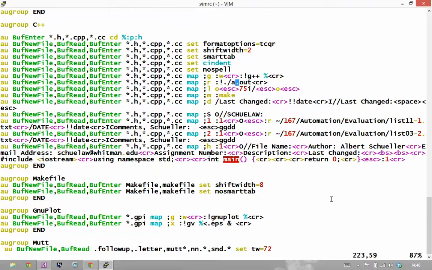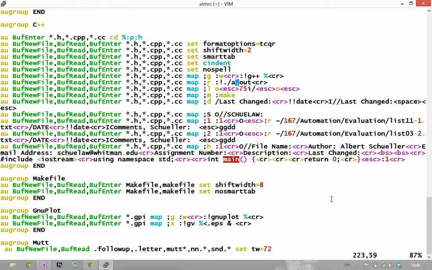This is what I do when I'm doing quick examples in class. I hit semicolon and then a G, and it compiles, and then semicolon and an R, and it runs. It's pretty handy. And for you guys, you're going to be using make more than you're going to be using